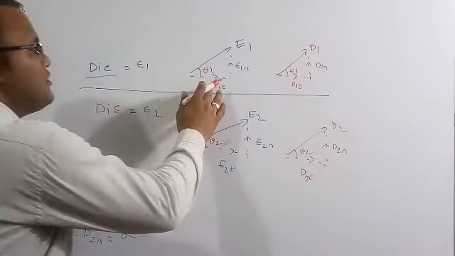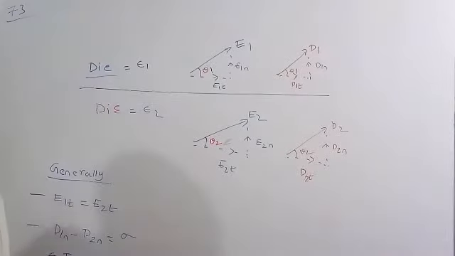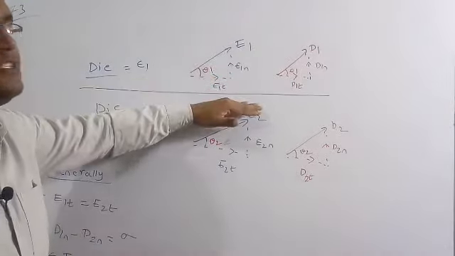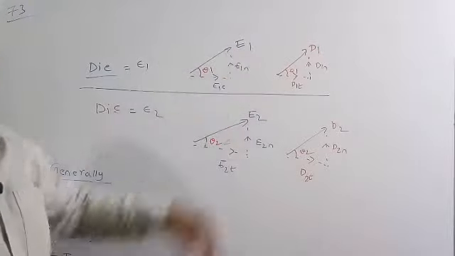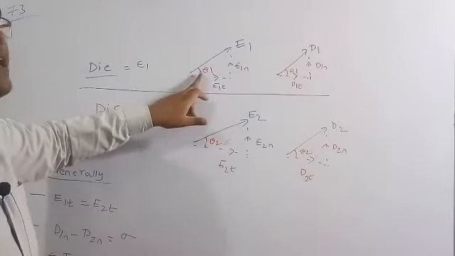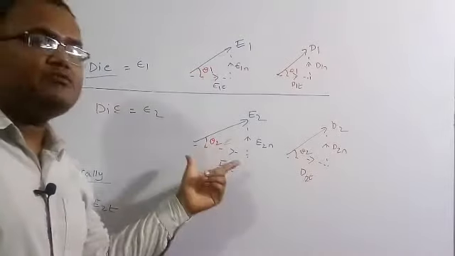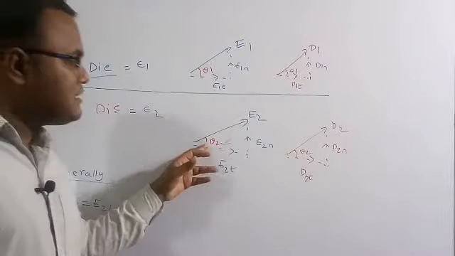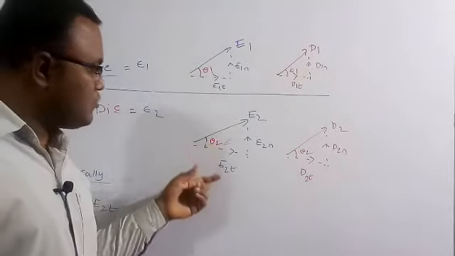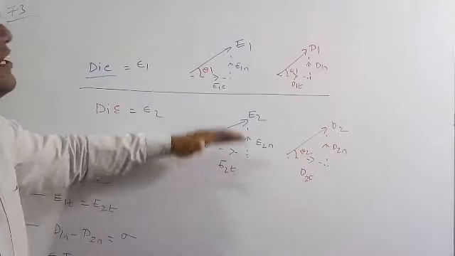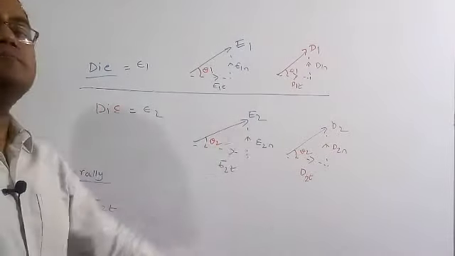Now I am going to take the components in the horizontal and vertical directions. Horizontal is tangent to the surface, and perpendicular is normal to the surface. So it is E1T and E1N, and let me assume the angle is θ1. Similarly for the electric field in medium 2, the angle θ2 is with the horizontal, with components E2T and E2N. E2T is parallel to the surface, and E2N is perpendicular to the surface.